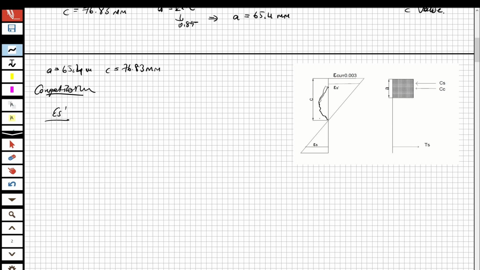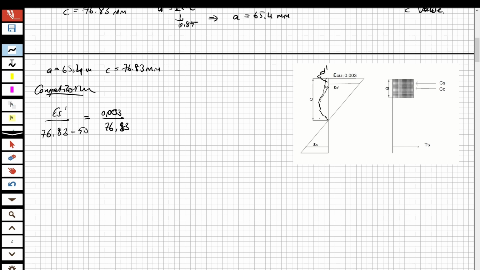What is this length? C minus D prime, right? Because this is D prime, rust cover. So this is going to be 76.83 minus 50 equal to 0.003, the yield point of the concrete, over C